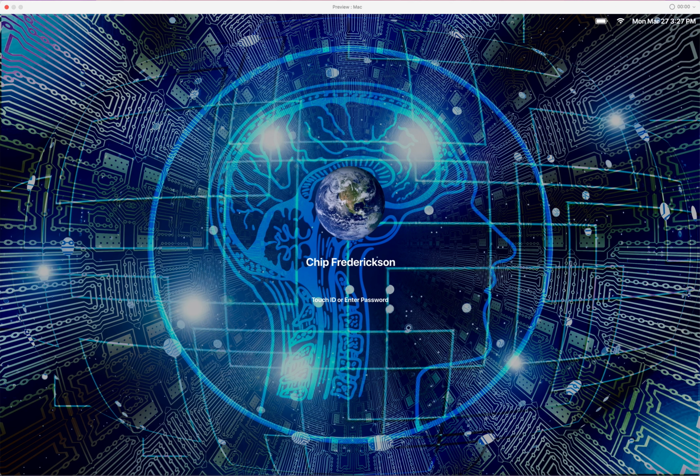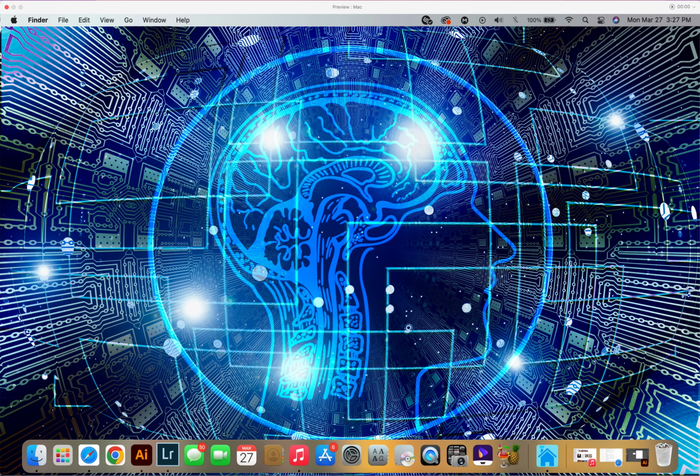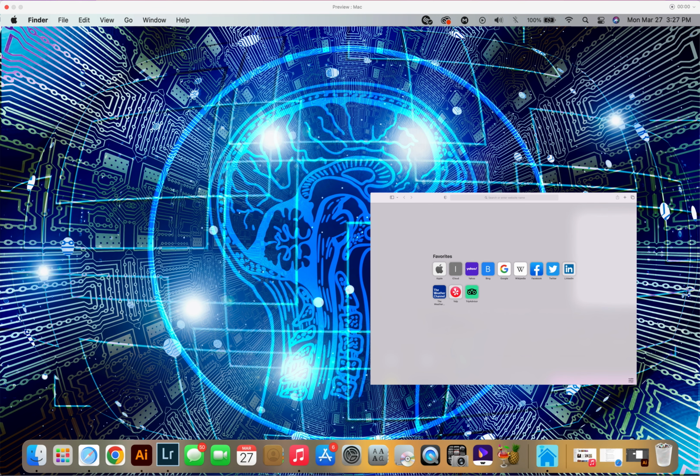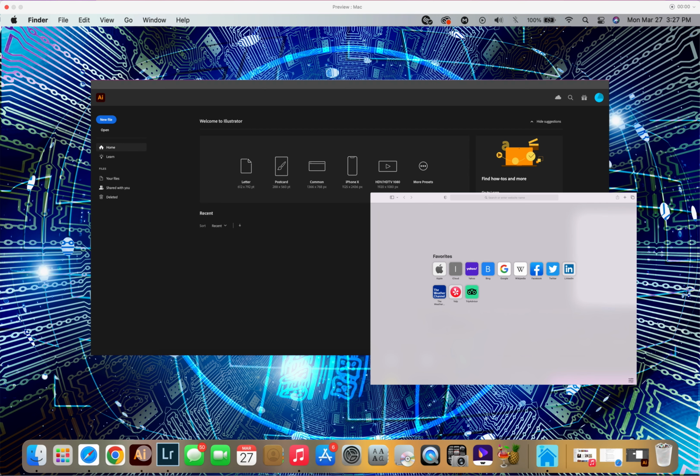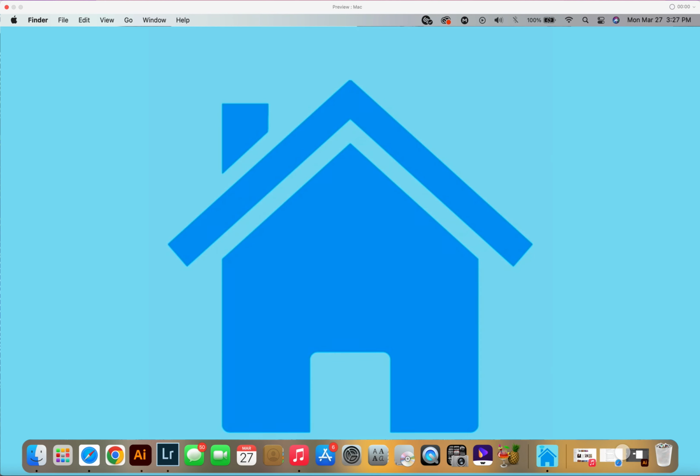So this is the explanation of how the operating system works for the Mac. So here is the home screen. This is what it looks like when it's unlocked, and here are the two open applications. If you click on the screen, it'll take you to a loading page, and then after it loads, it